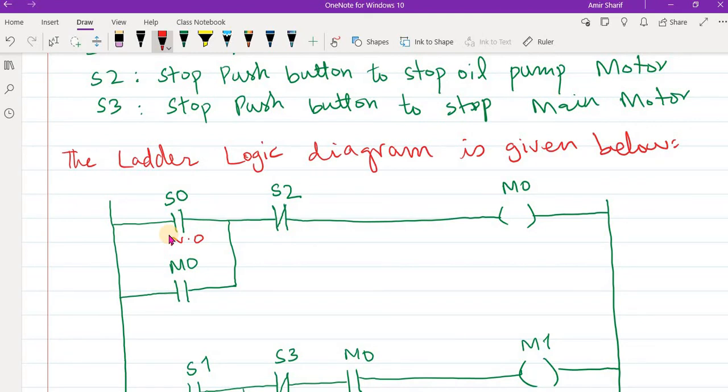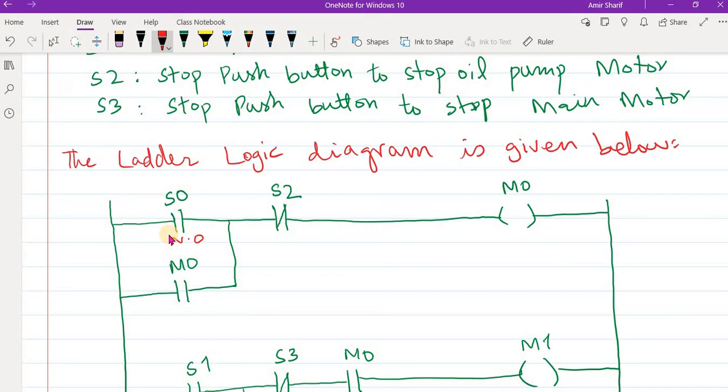M0 is the oil pump motor. It will start as long as the stop push button is not pushed. Once the oil pump motor has started, you can see the latching here. This is called latching, where the status of the motor is used as an input, as a condition